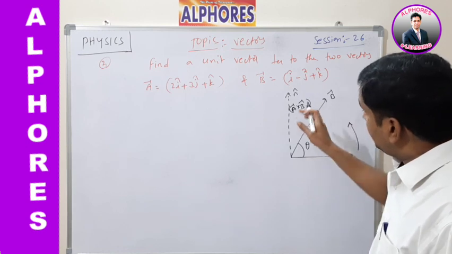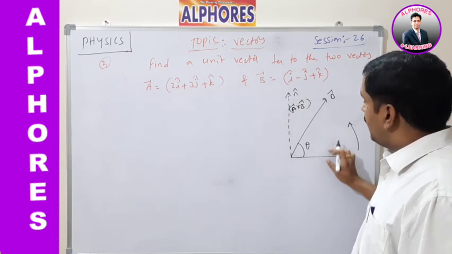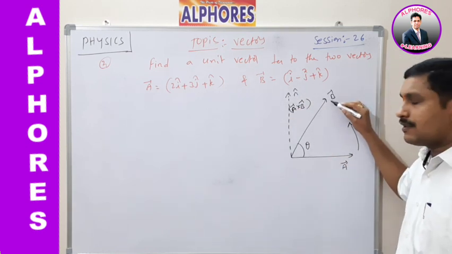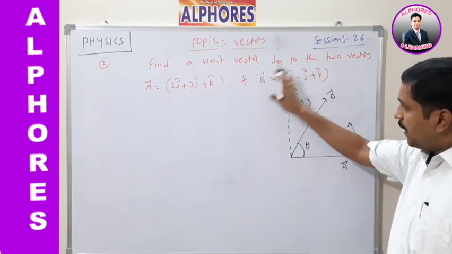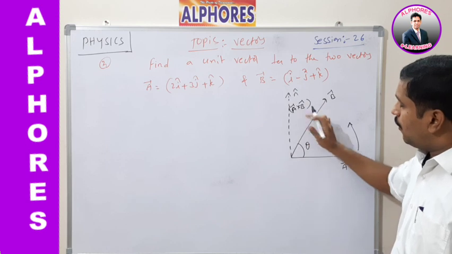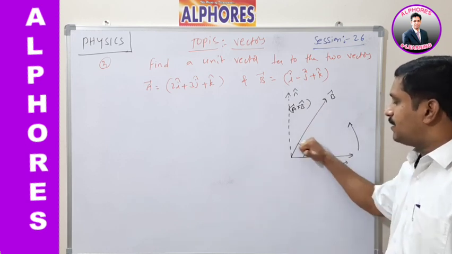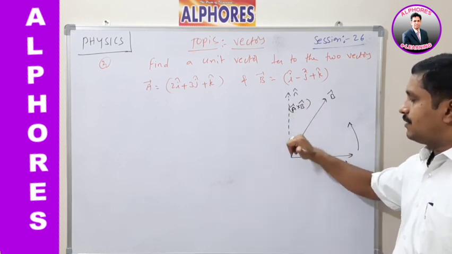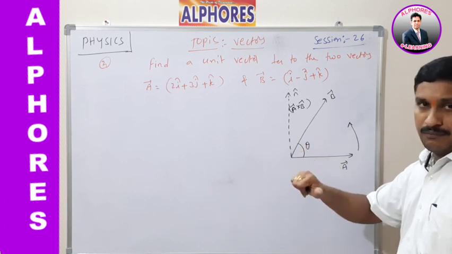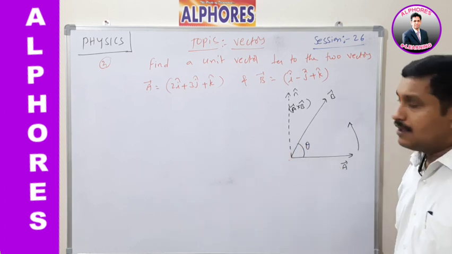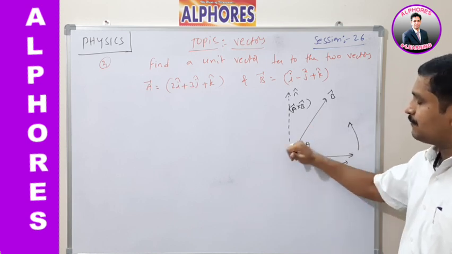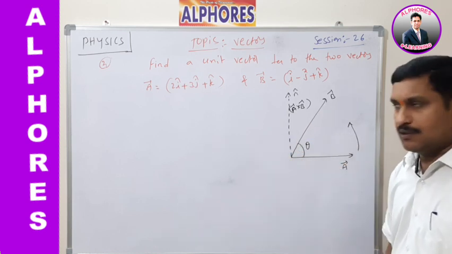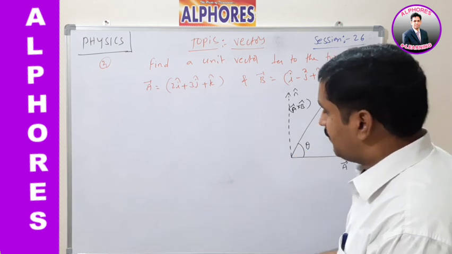That means a unit vector which is perpendicular to A bar and B bar. Here A bar and B bar are two coplanar vectors, confined in a plane like a board. After the rotation, the resultant is in the direction perpendicular to the board, outside the board. The rotation of A bar towards B bar in the anti-clockwise direction gives the resultant outside the board, as we know already from the sign conventions.